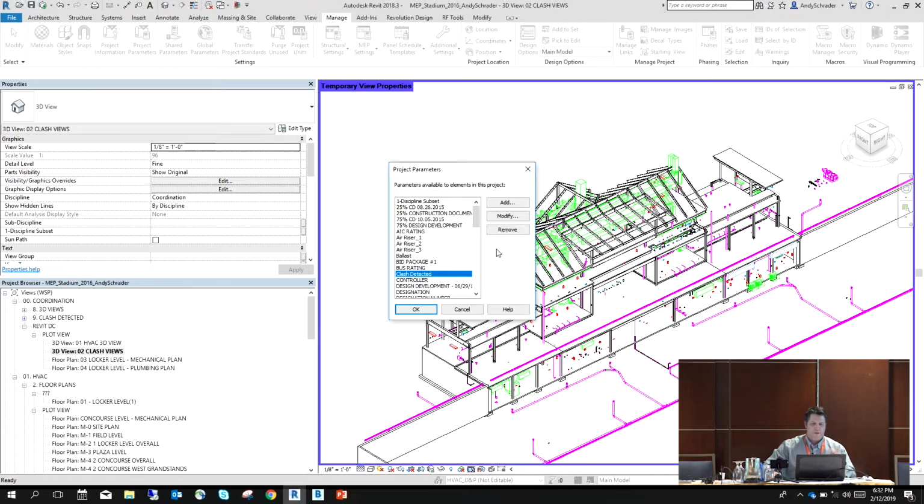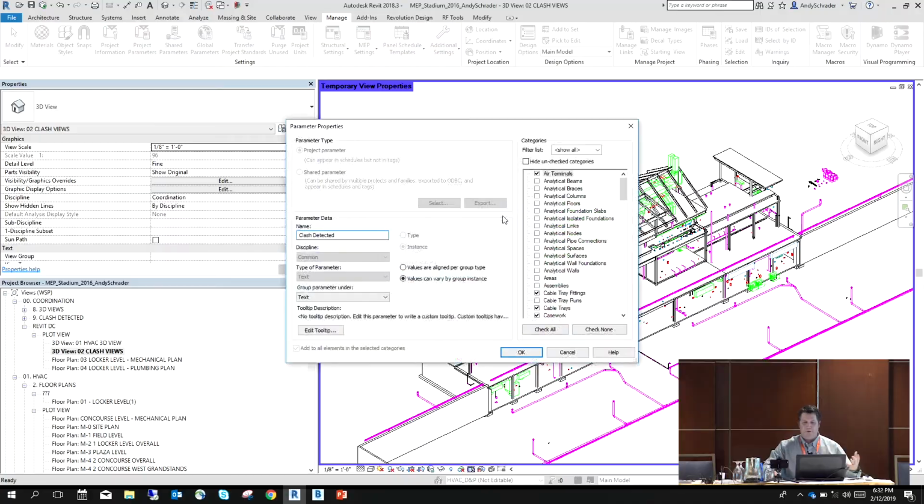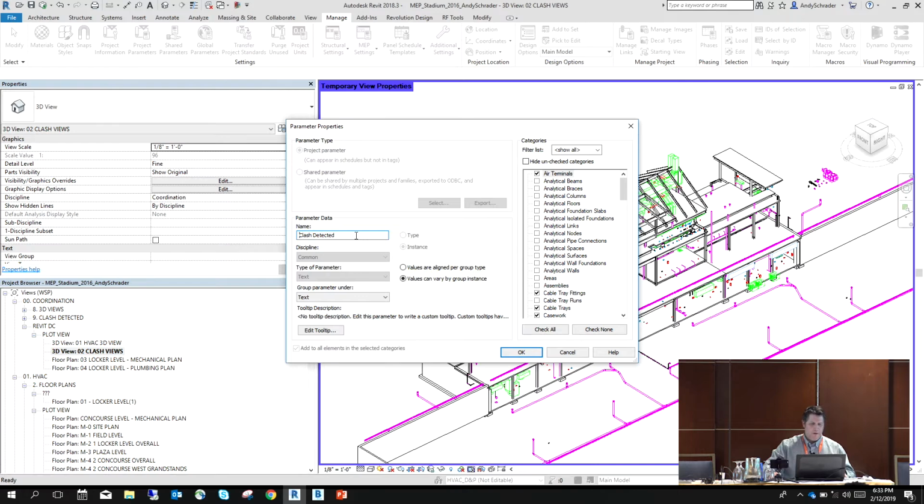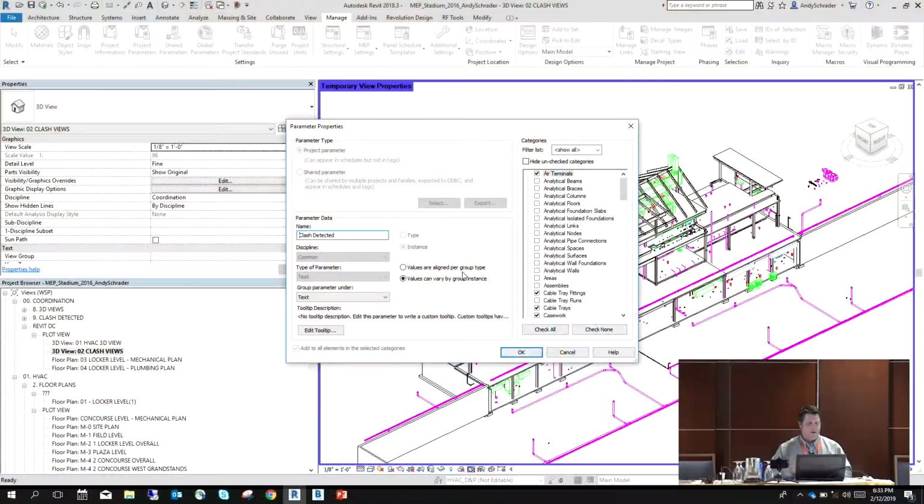So we'll come down and create a project parameter. And I've already created it, but I want to talk through what's unique about this. We gave it a name, clash detected, and we've given it the type of parameter as text. I used to use the yes/no parameter because that worked perfect in my mind, because does it need clash or is it not clashing, yes or no? But the functionality of whether it is in a group or not in a group, you can't manipulate yes, no if it is within a group. So using text, I can do that outside of that group,